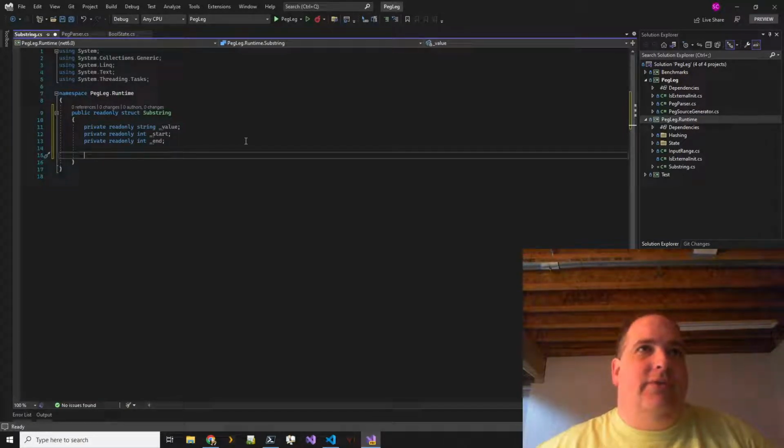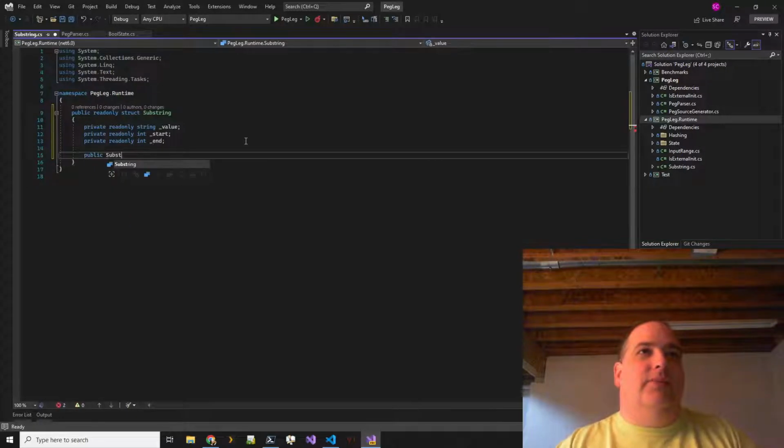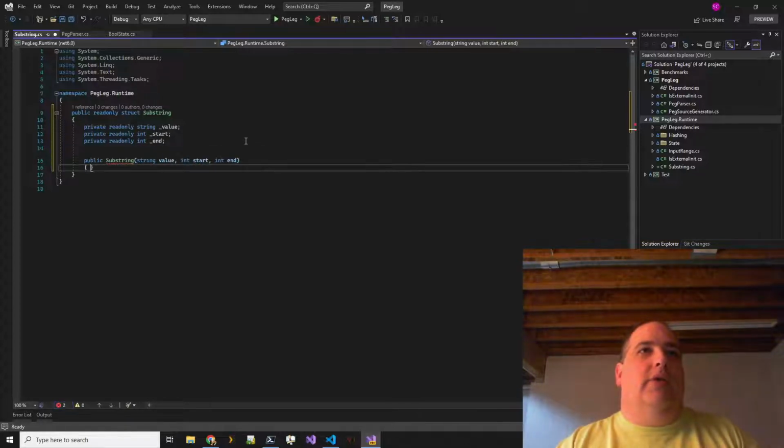So the problem is, even the constructor is going to have to change. I wonder if I can make this internal. Well, I'll just do it as is for now. And this will, of course, do the obvious thing. You know what I saw the other day?